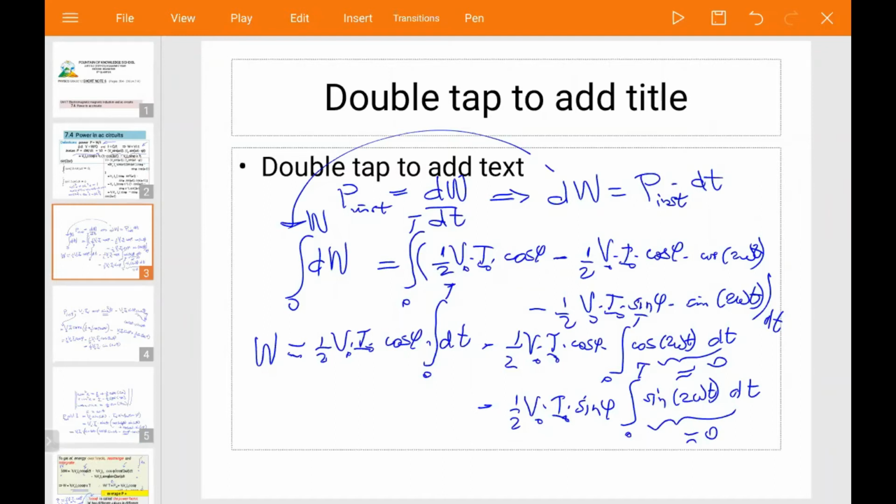So what would you be left with? You'll be left with, as you can see over there, the integration of dt. There's nothing in there. It's just like saying integration of dx. Integration of dx gives you just x. In the same way, I get here a half V0 I0 cos phi times t. That's it. I'll take another new page